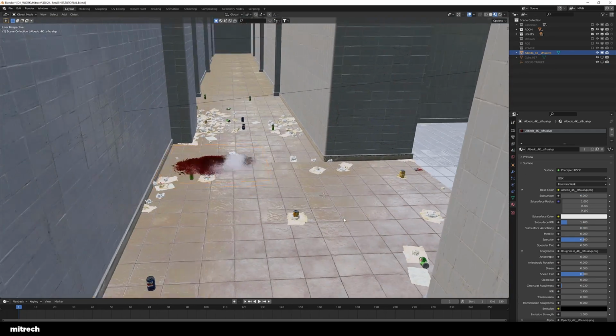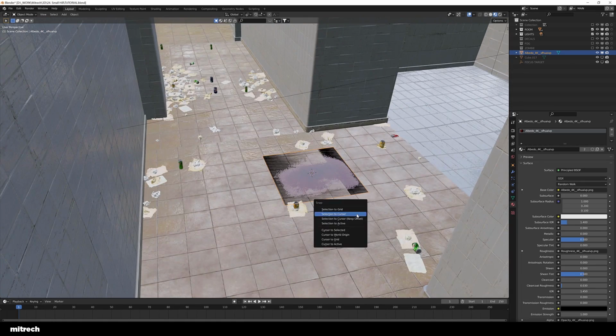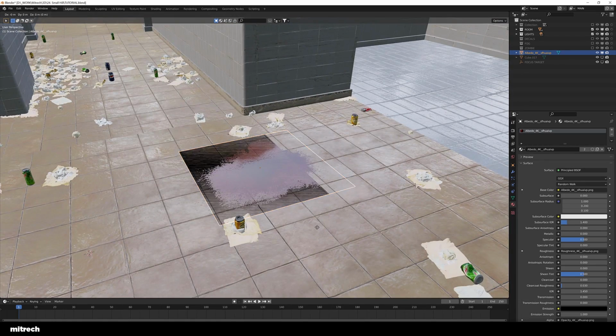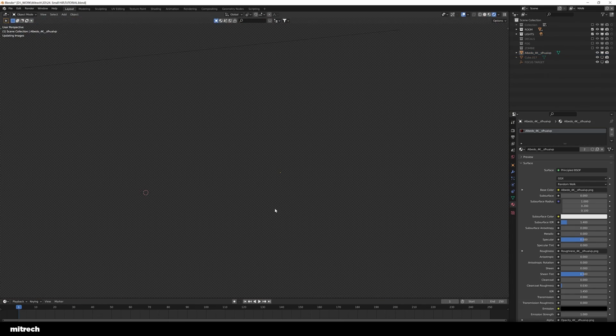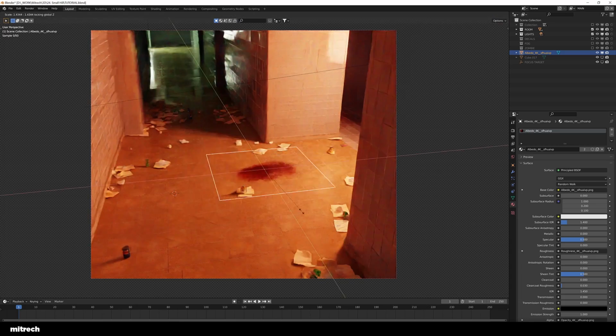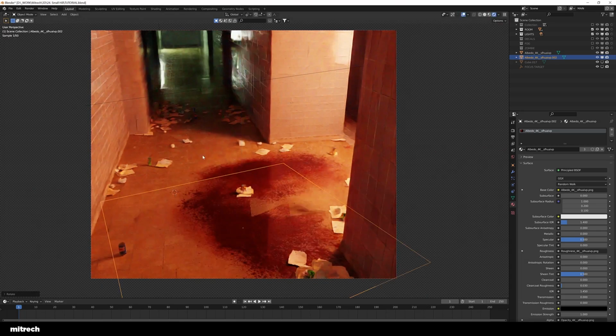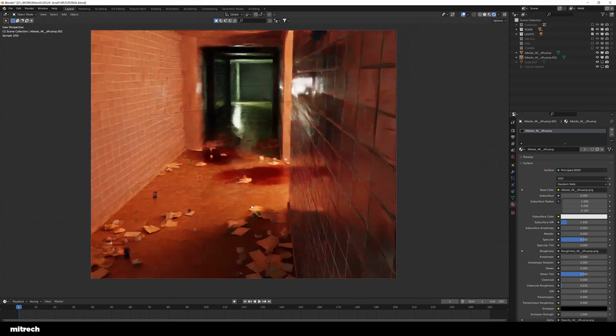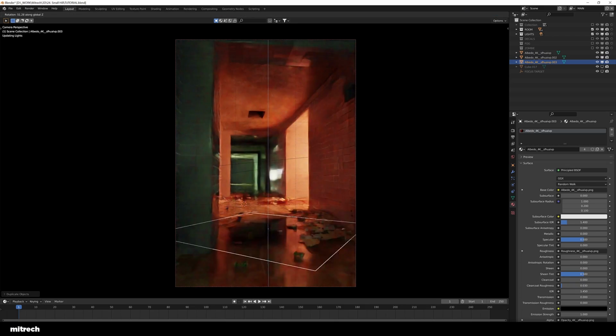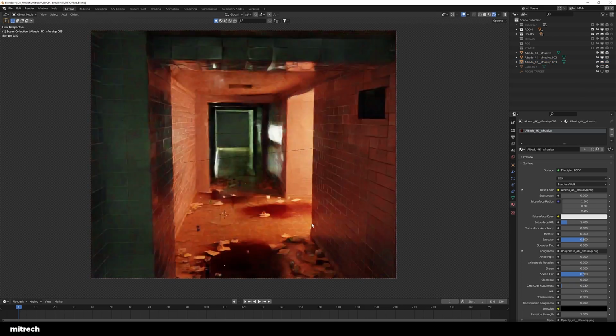So as you can see, I'm just placing the plane on top of the floor, and you're going to get those ugly, nasty artifacts. What I recommend you do is just move the plane up by a small amount, like 1 or 2 millimeters, and you're going to be fine. Here's how easy it is to add blood to your scene just by using a couple of textures and a plane, and you're good to go, right?